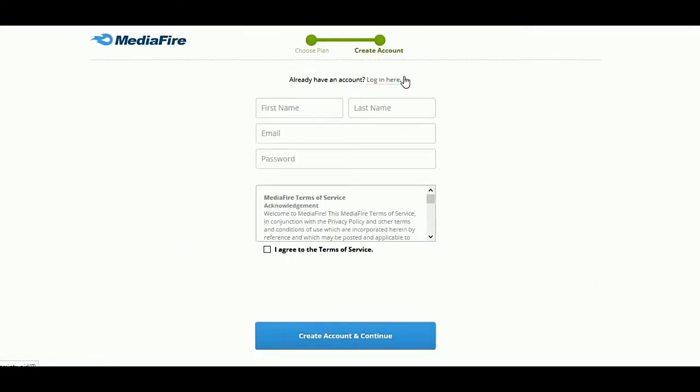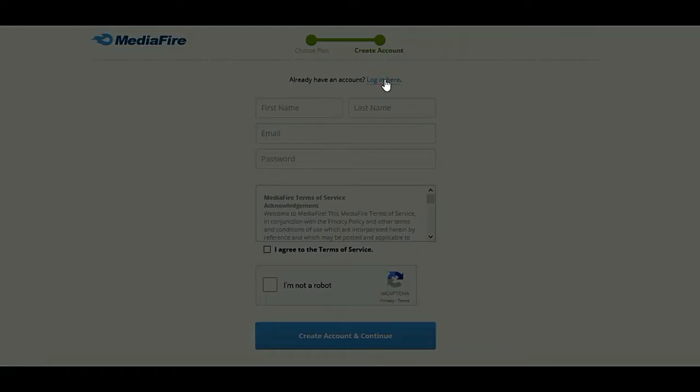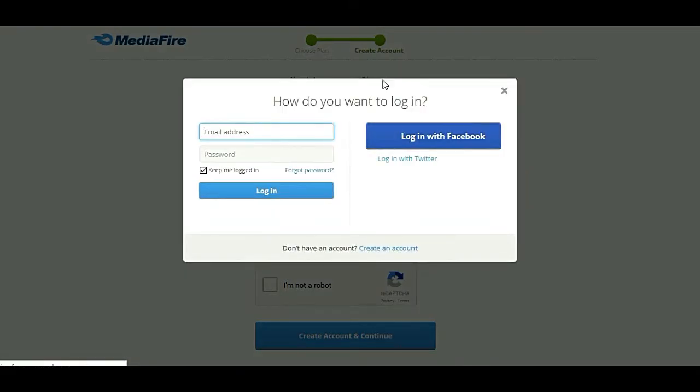You can fill in all those things. I already have an account, so I want to log in here. You can enter your Gmail, your mail, then password.